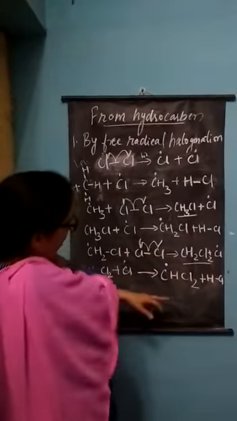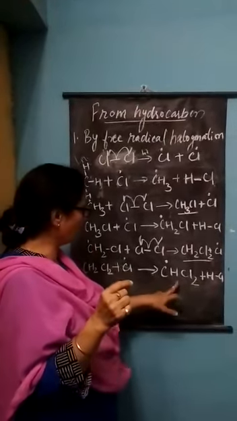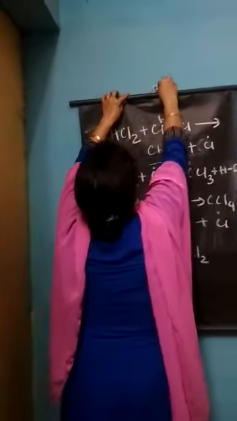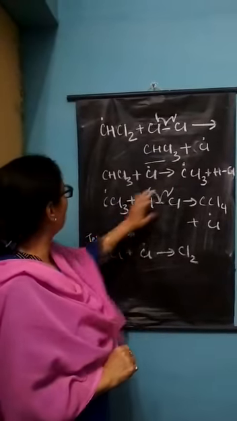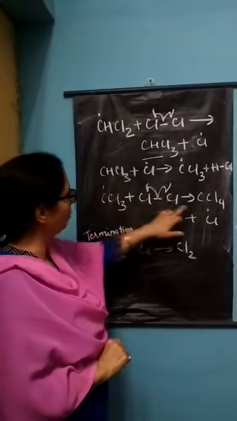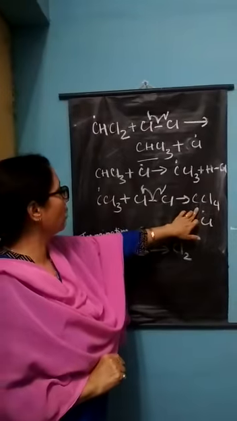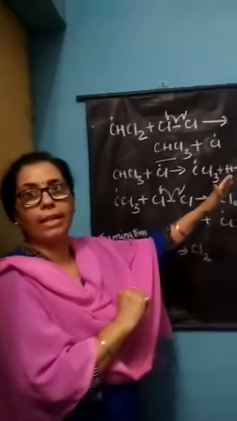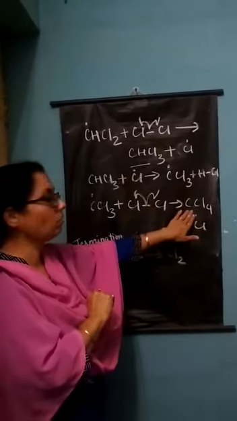Likewise, this reaction continues and CH2Cl2 again reacts with a free chlorine radical forming CHCl2 radical. It continues till all the 4 hydrogen atoms of methane have been replaced by chlorine atoms, forming carbon tetrachloride. In this, 4 types of products have been formed: one was methyl chloride, then dichloromethane, then trichloromethane and now tetrachloromethane.